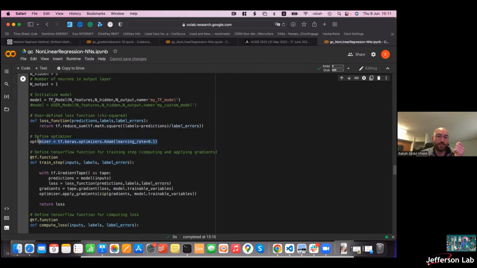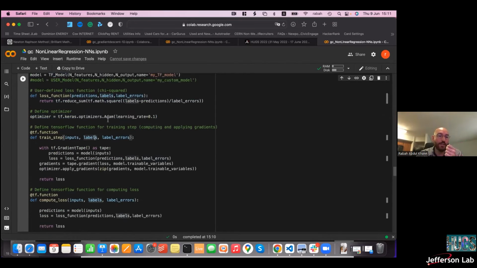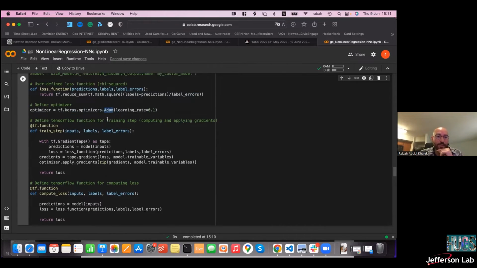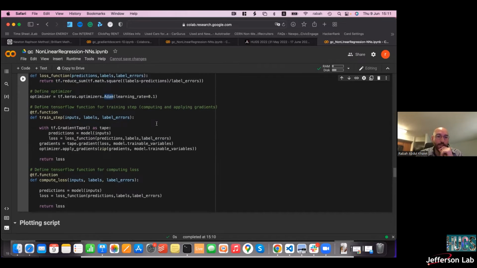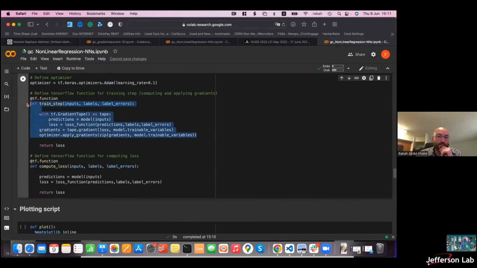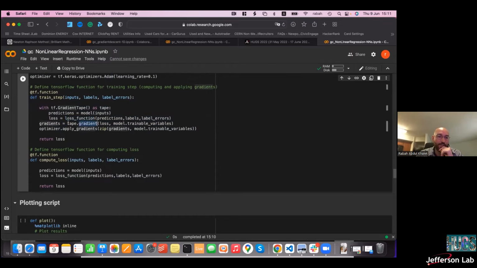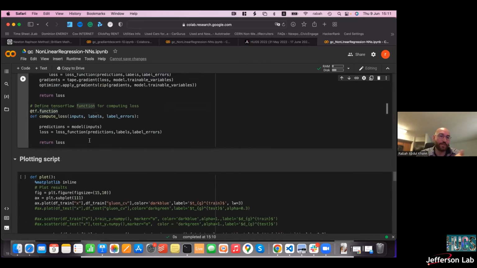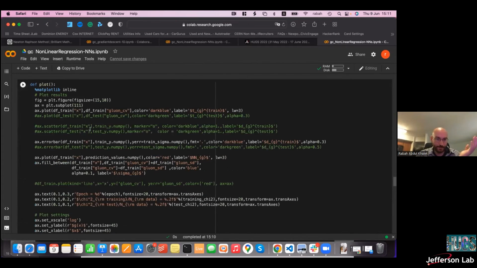Then I choose an optimizer. Here I choose a version of the gradient descent that you coded before, but is quite evolved. It's called Adam. It's one of the most efficient gradient descent algorithms. And I simply define what a training step should do, which is taking the derivative of the loss and feeding it to the optimizer. And then I define a function that computes the loss. And that's it. Let me make sure that